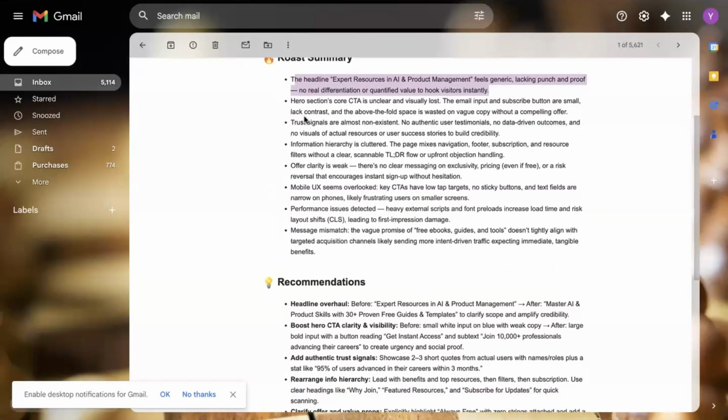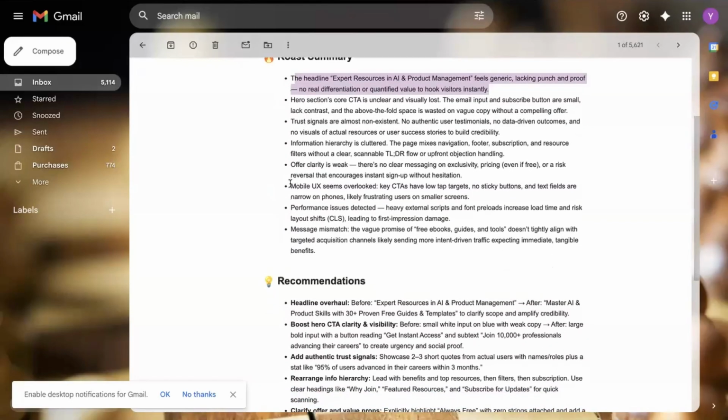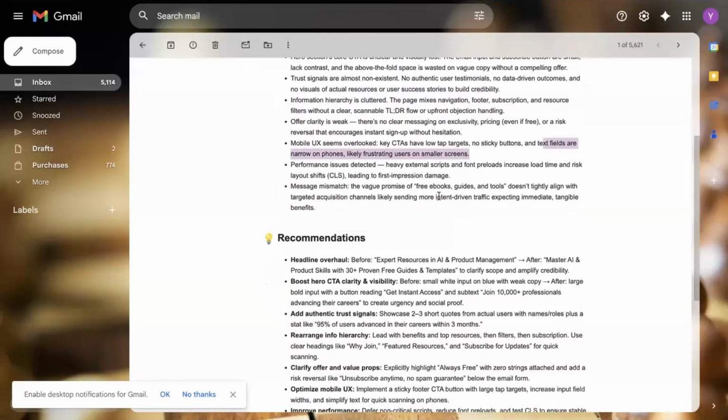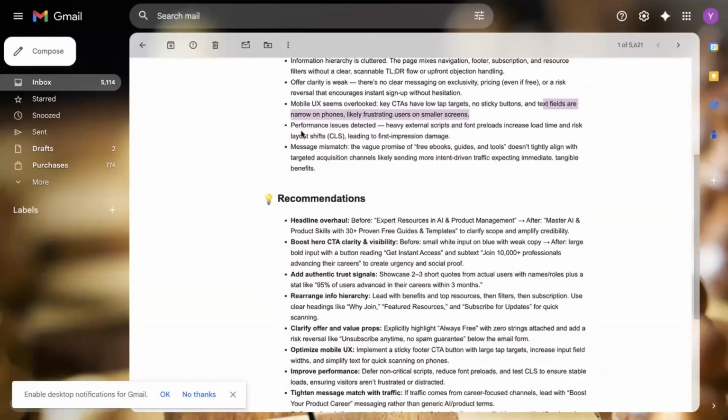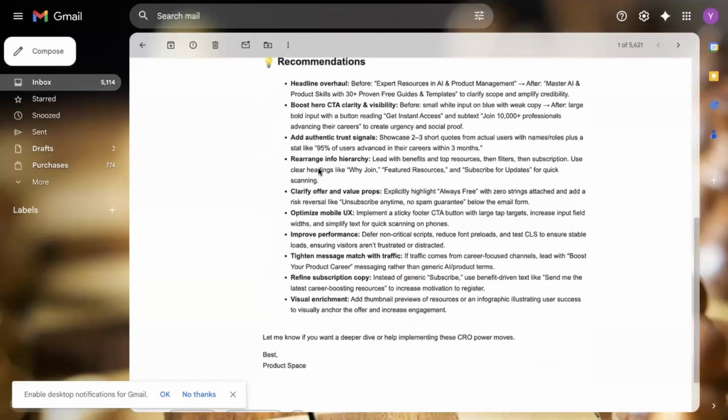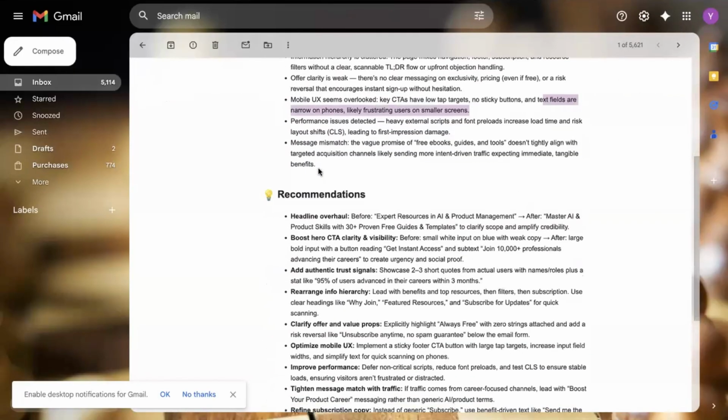I should have picked another website, but yes, you could see that, right? Mobile UX seems overlooked. Key CTAs have low tap targets, no sticky buttons. Text fields are narrow on phones, likely frustrating users on smaller screens. Yes, we are working on this feedback parallelly, but you could see that it has roasted your page really well,